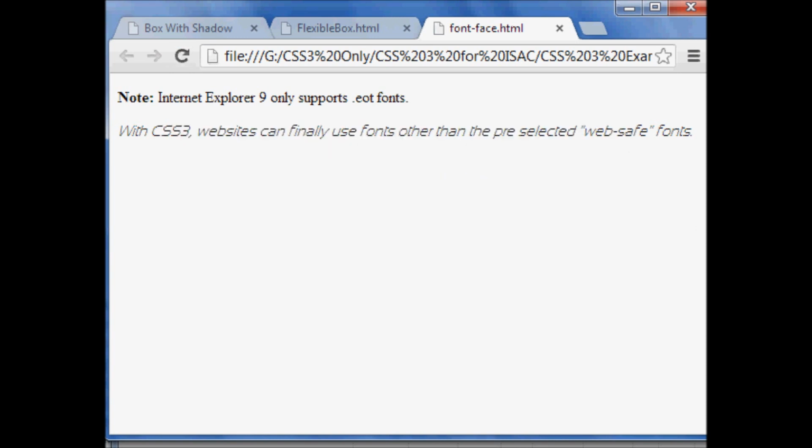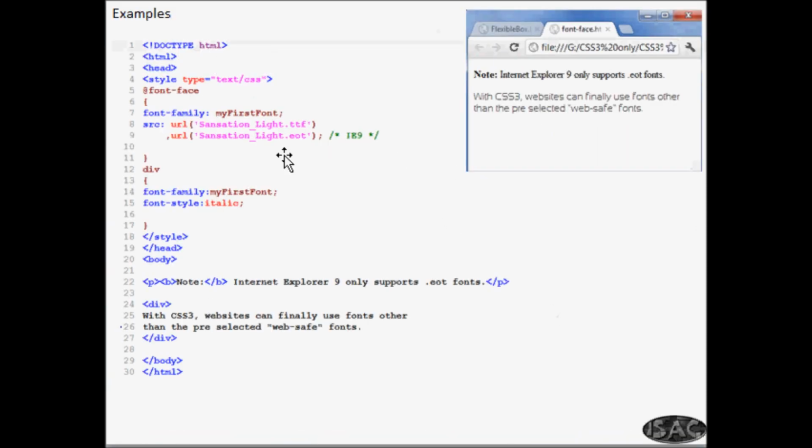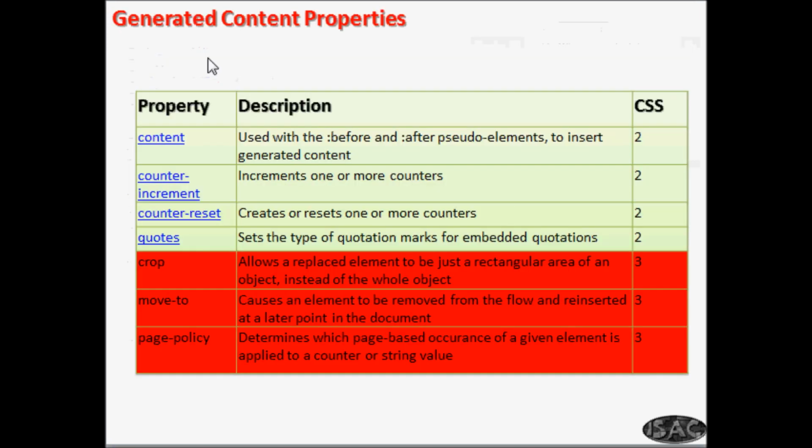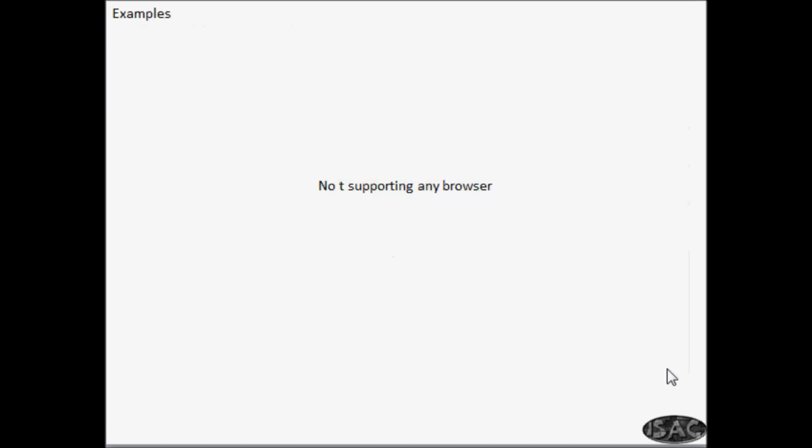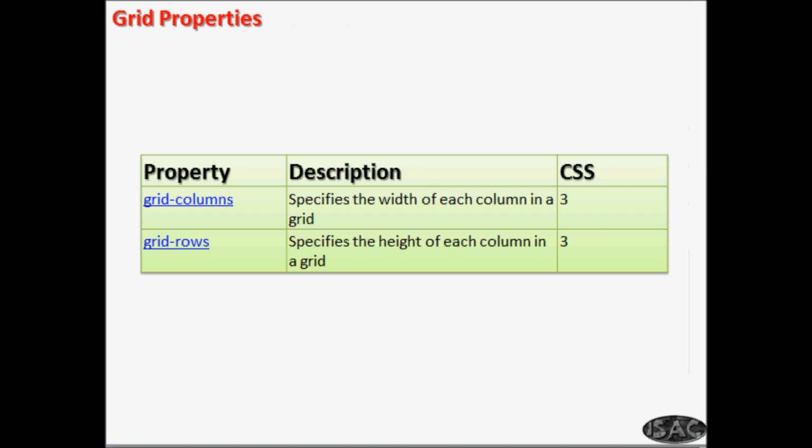So we understood the concept of font, how to make a font family and use it in the text. Okay. Now there are some other properties related to generated content, but these are not yet implemented by any of the browsers, so I cannot explain them here.